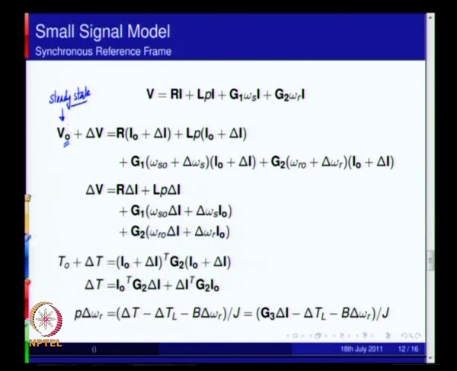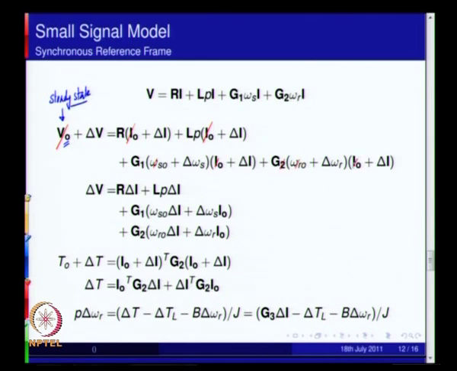So, V naught cancels with R I naught, and then L P I naught, G1 omega S naught I naught, and then G2 omega R naught I naught,